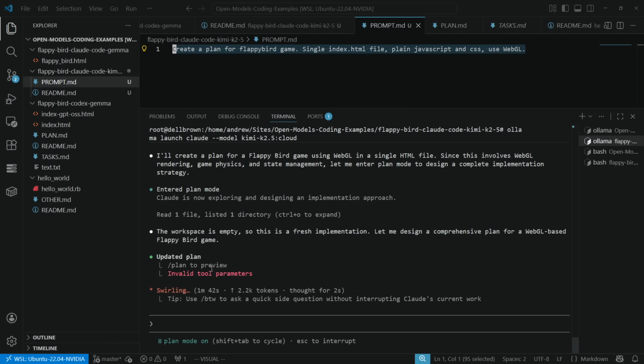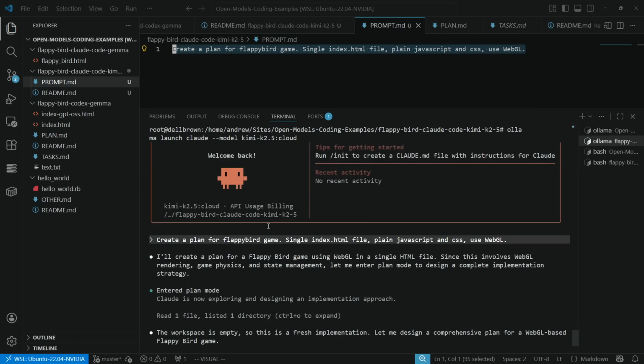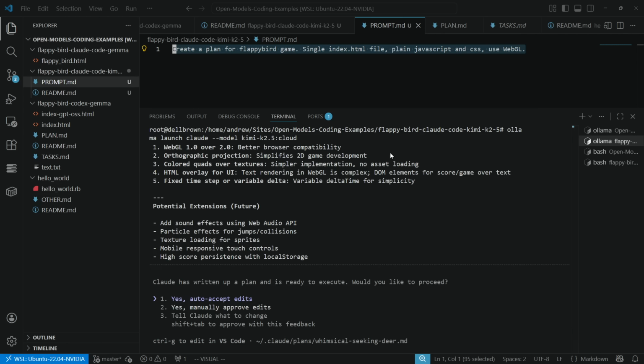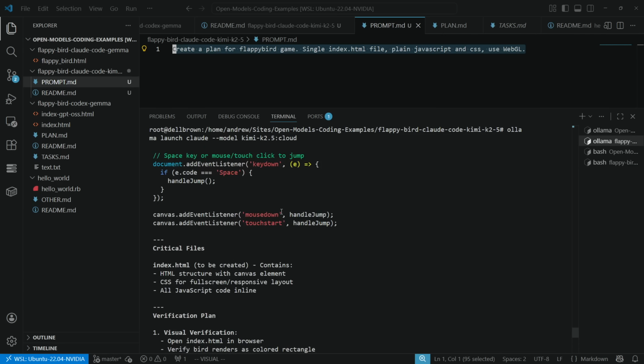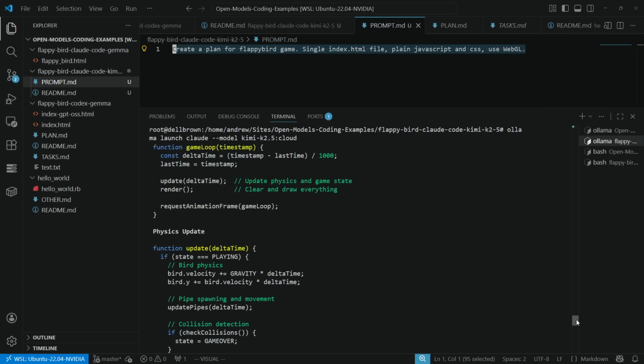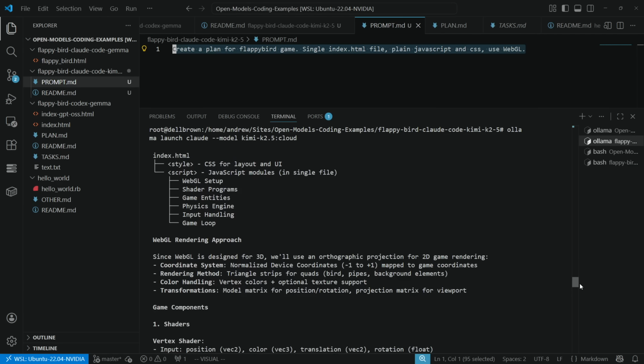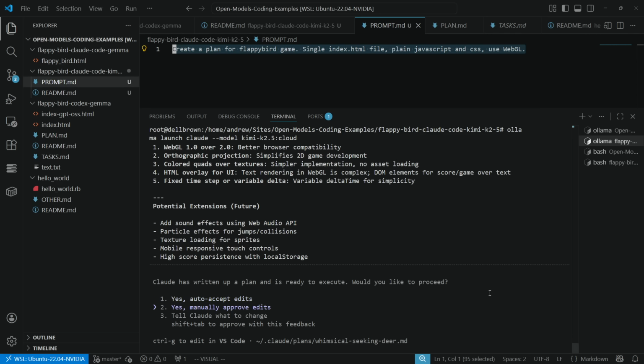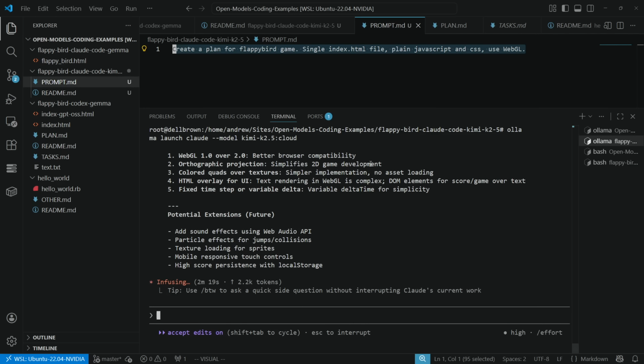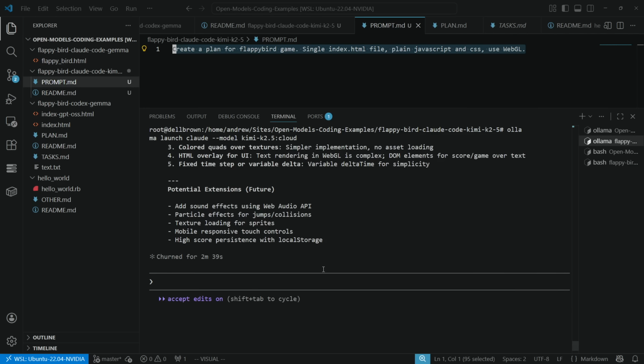All right, so right here we have invalid 2 parameters. So it tried to call plan. It's having a little bit of issues with it. So, I don't know if this plan thing is an issue for it. Could be the case. But we will wait to see if we get any plan back here, okay? So it does come back with a plan. And with code, I'm not sure why we got code back. But is a detailed plan. It looks pretty good. So we'll go down below here and we'll say, yes, auto approve, and let it go ahead and implement it. Okay, and